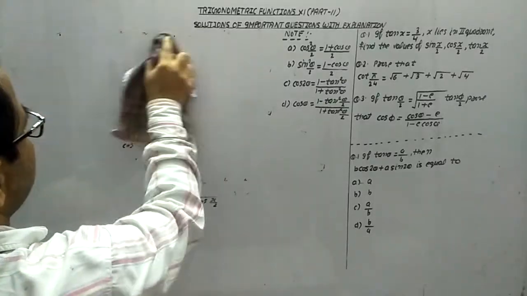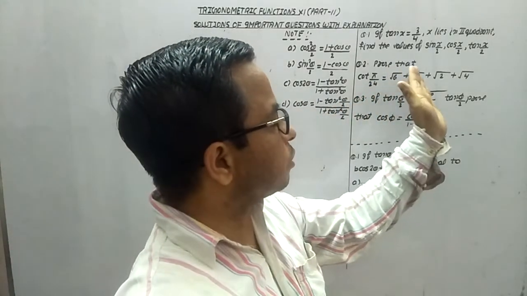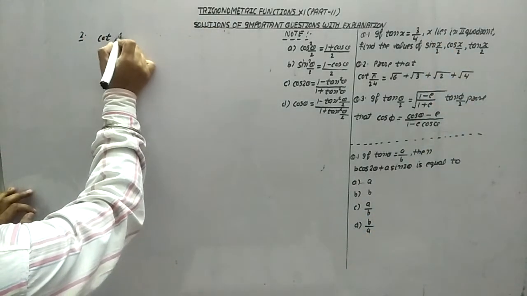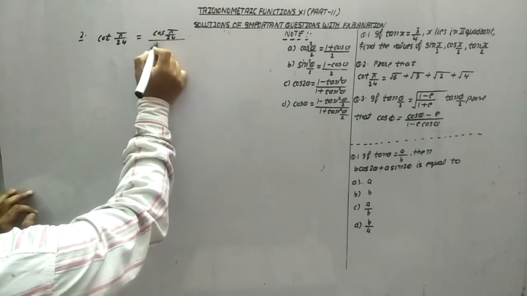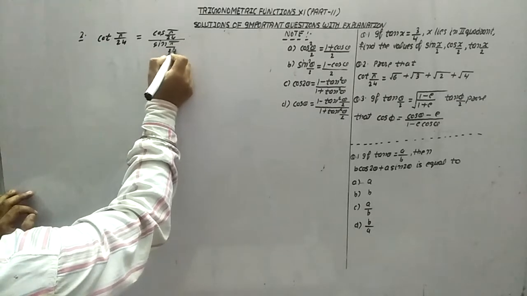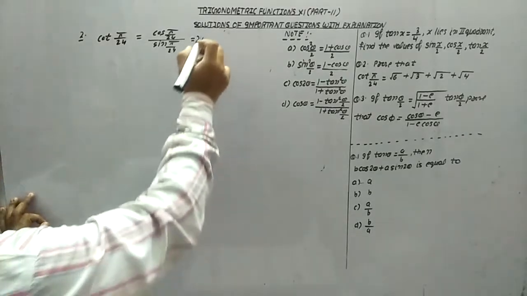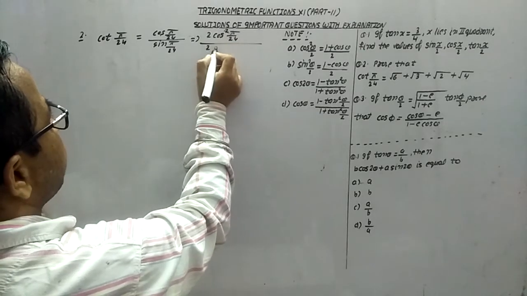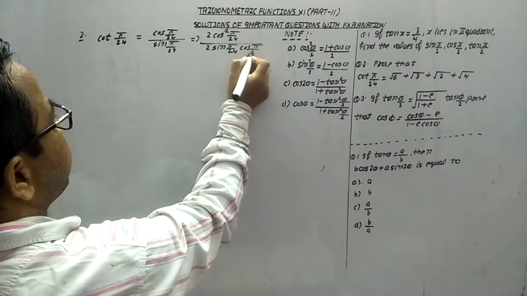Now in this question number 2, what we are observing, we have to find out the value of cot pi by 24, which should be equal to root 6 plus root 3 plus root 2 plus 2. Now cot pi by 24, first of all we will write down cos pi by 24 upon sin pi by 24 to make it identity, so that the angle will come in that form. We can find out that thing. We will multiply by 2 cos pi by 24 and divide by 2 cos pi by 24.